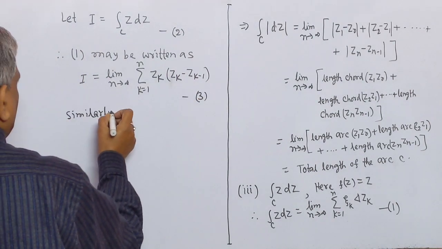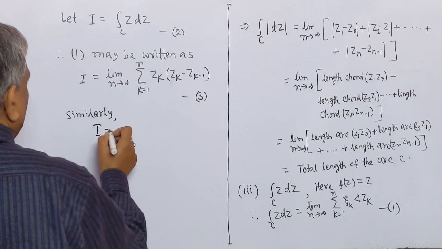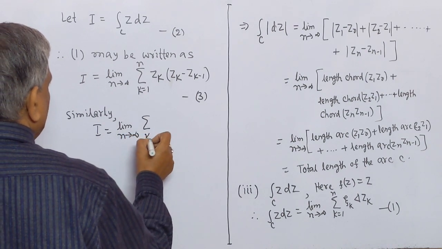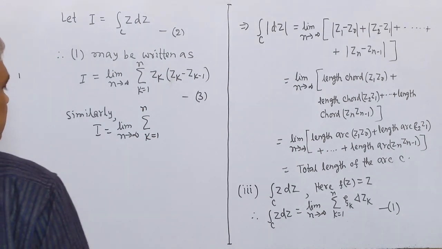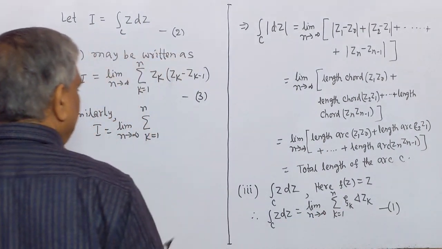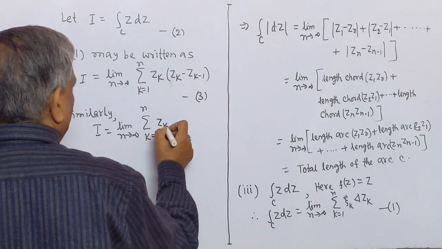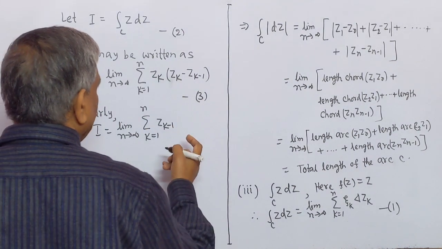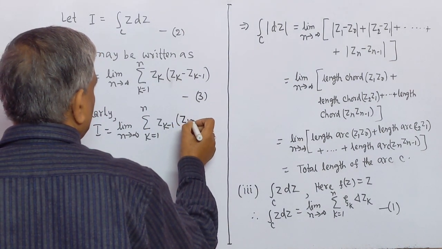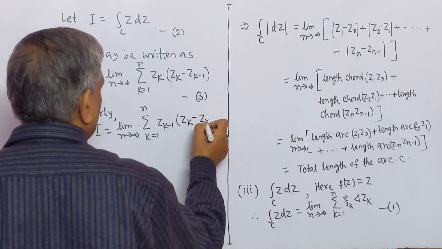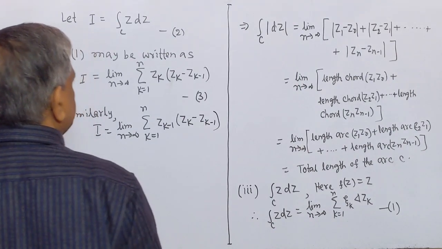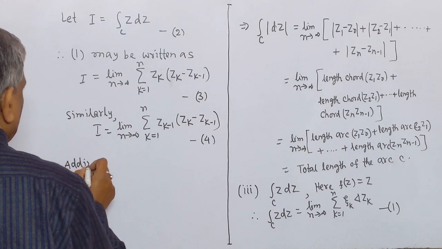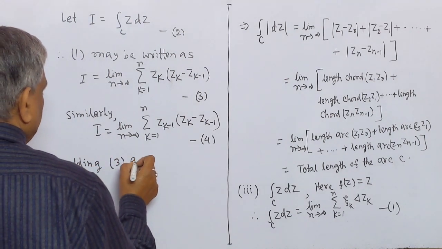Similarly, I equal to limit n tends to infinity sigma k equal to 1 to n. In place of xi_k, we may also write z_{k-1}, since it is an arbitrary point in the interval. So here we may write this as number 4. Adding 3 and 4,